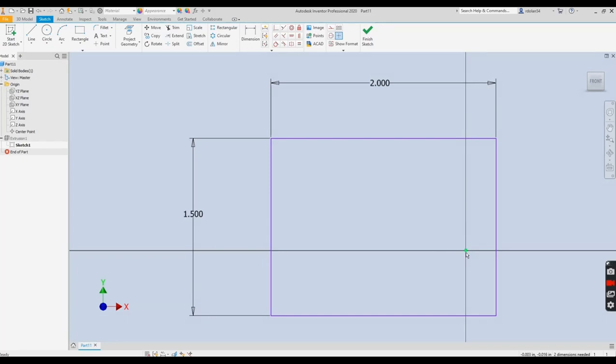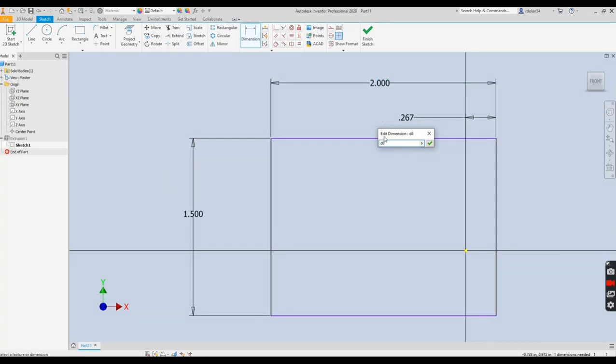Now I want this center point here to be 1 inch over this way and 3/4 up. So I can go into dimension and I'll dimension from that point to either end. I'll pick this end, and right now you'll see that mine is 0.267. Now I want it to be half of 2. Now I can just put 1 in there. Let me just show you, well, I'll show you that later. So I'm just going to pick